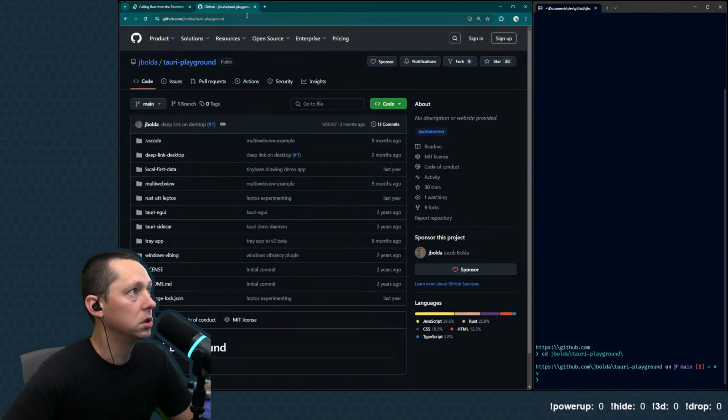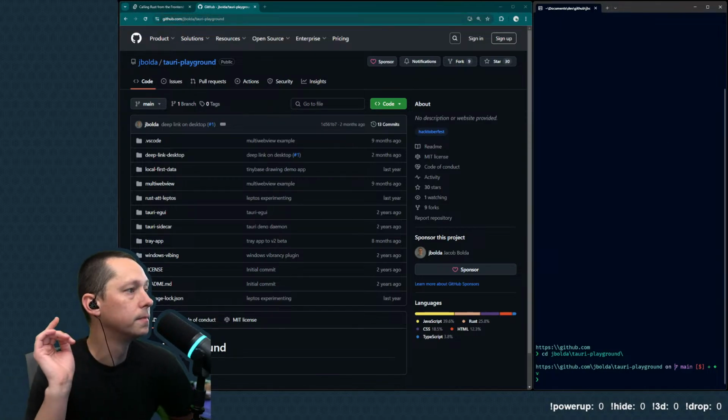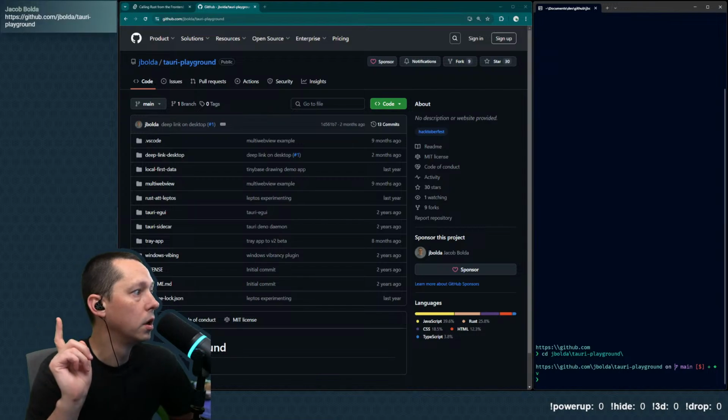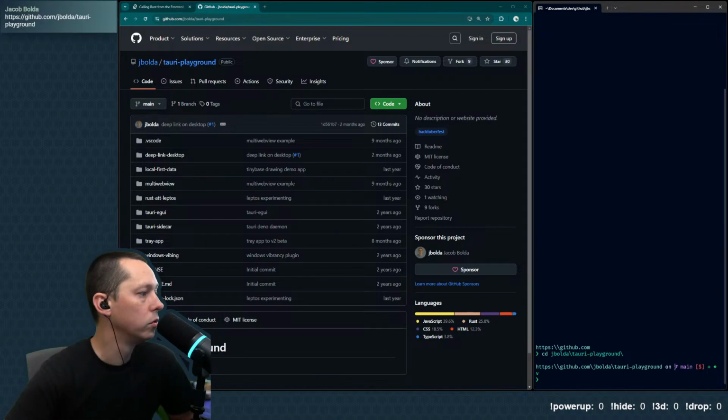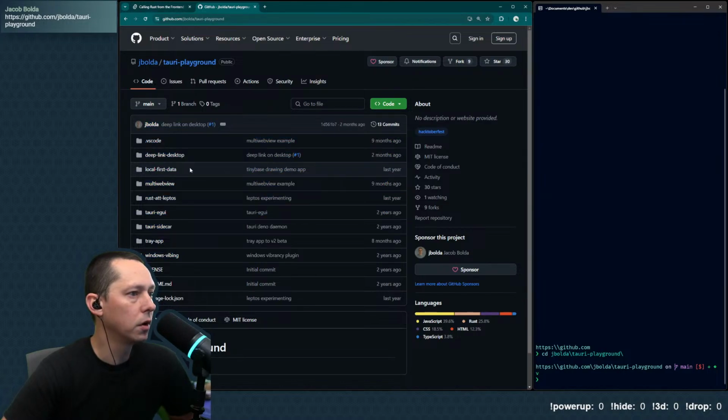We can drop it in the chat here. This is the Tauri Playground repo. I think we'll end up just spinning up a new option in here. You can see we've got a few things in here. I think this is our first official look at what local first looks like in Tauri.